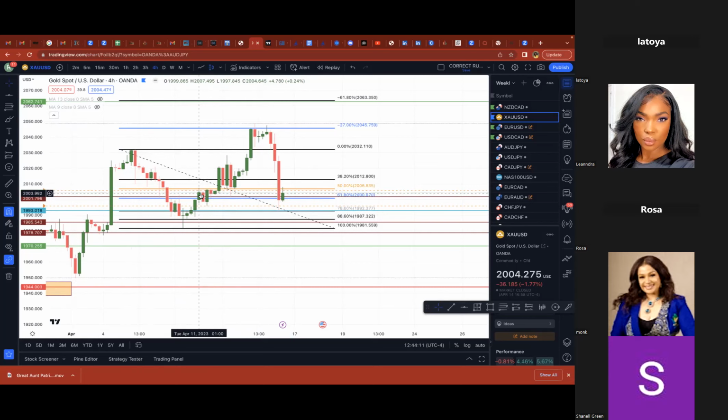But once this candle closed, now I'm setting a buy limit for the 61.8 to be retested. Right? And I have my stop loss at, if you want to be super safe, you can have it at the 100. I usually put mine up here at the 88, and that gives me my 3-1 risk to reward ratio. As you can see, it retested the 61.8 here, and then meandered a little bit, and then boom, it started pushing up, and it hit our 0, it hit our negative 27.